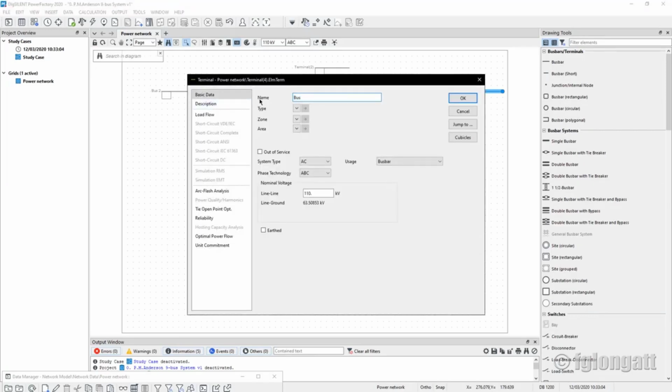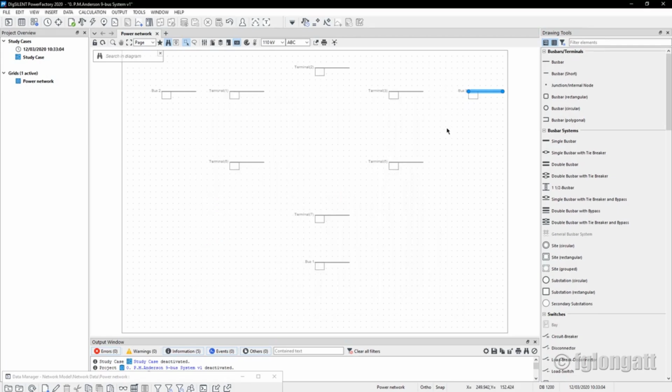The log name is bus 3, and the nominal voltage is 13.8 kV. Okay? Now you can see we have the bus bars 1, 2, 3 with the nominal voltage, but there are 6 more bus bars that require